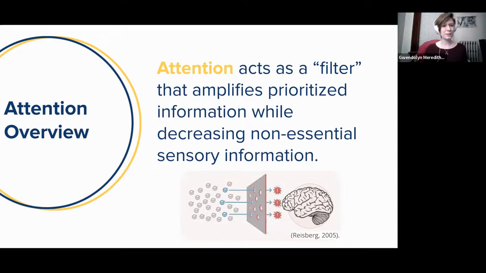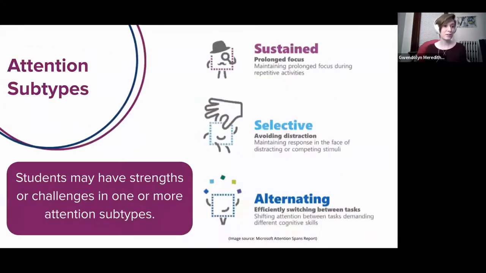Attention is almost like a filter that either amplifies sensory information, so something you see, hear, smell, taste, or feel, or decreases it, so you're not constantly distracted by all the little sights and sounds around you. However, for some students, if their attention is not working, they might be a little bit distracted. And there are various subtypes of attention that could be impacted,